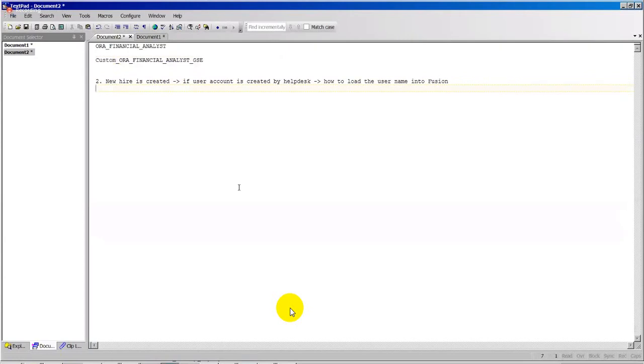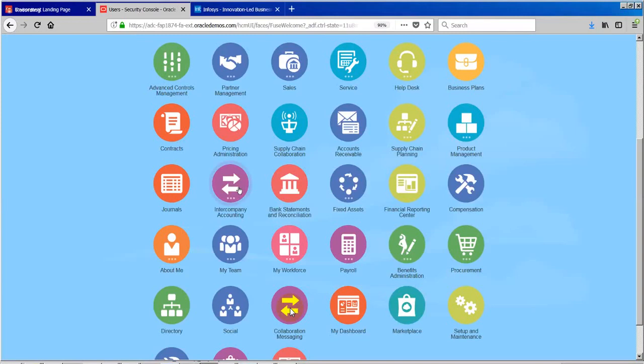And for your question, how to load the job roles automatically into the Fusion applications? Typically, it's an ongoing process. If an employee is created, job roles should get assigned automatically. Do we maintain an automatic process, time to time based, to keep loading the data? Not like that. Basically, we have a concept called provisioning the roles, which helps us automatically assign the roles to the user. That is one thing I'm going to talk about tomorrow.